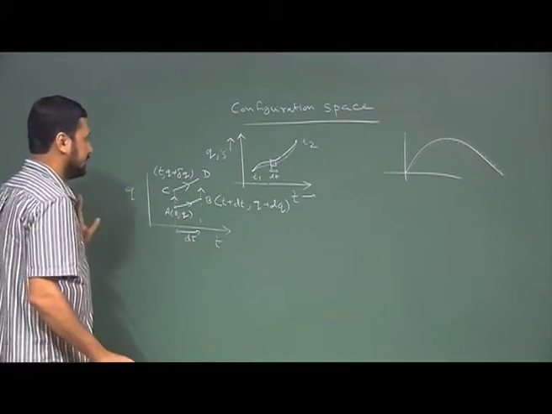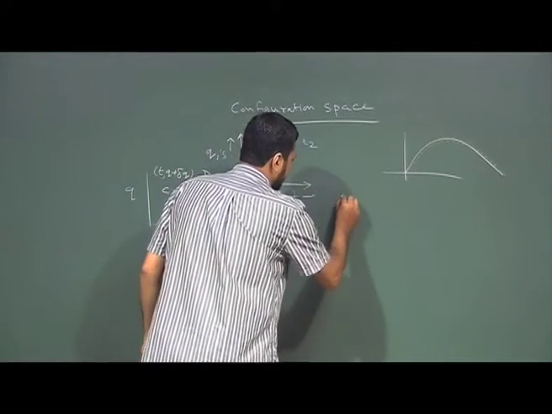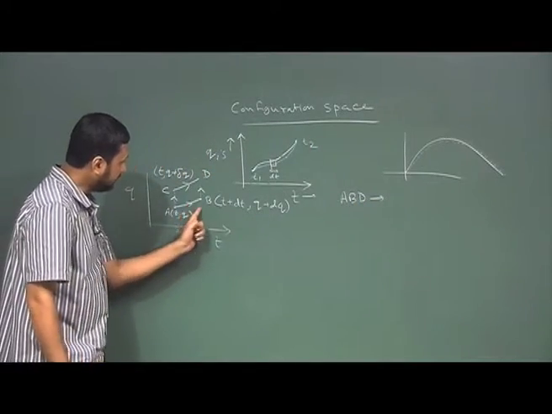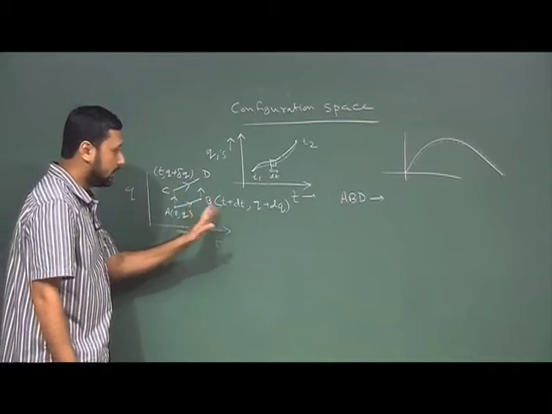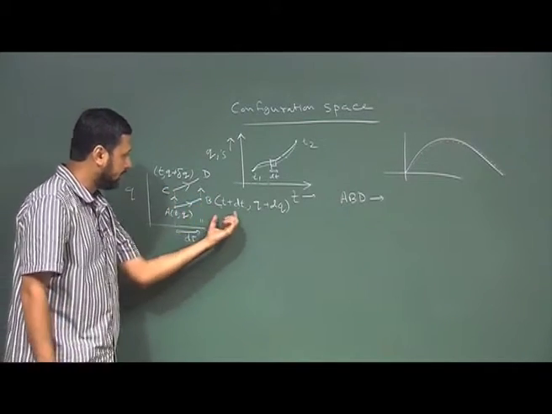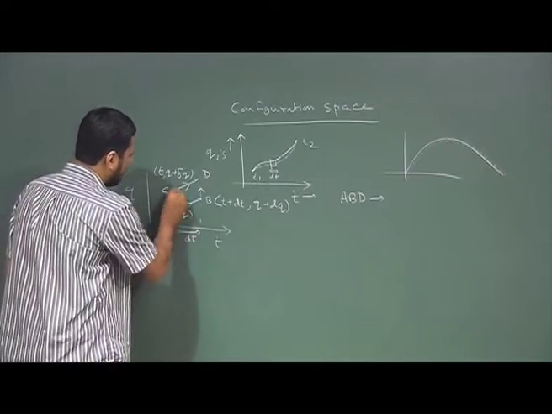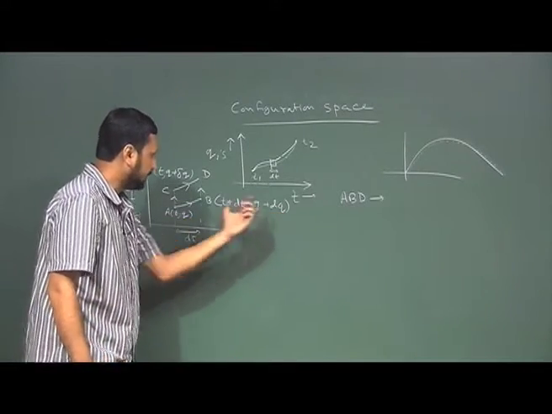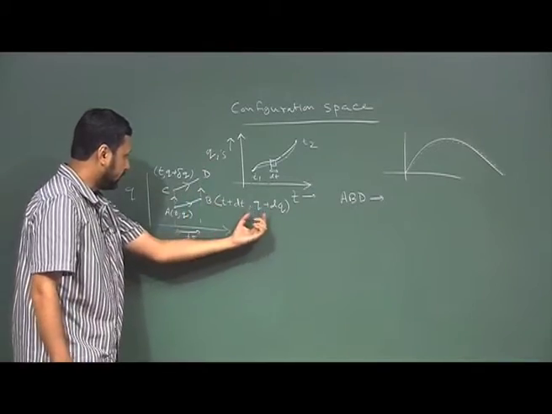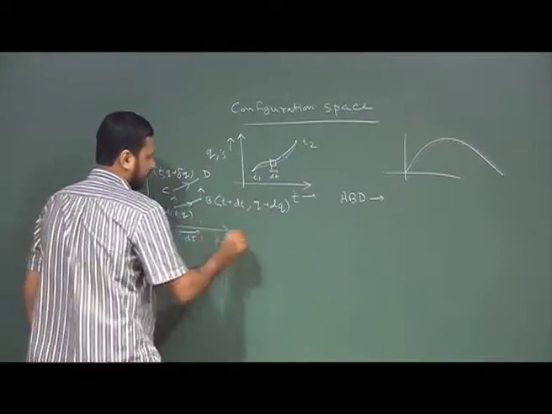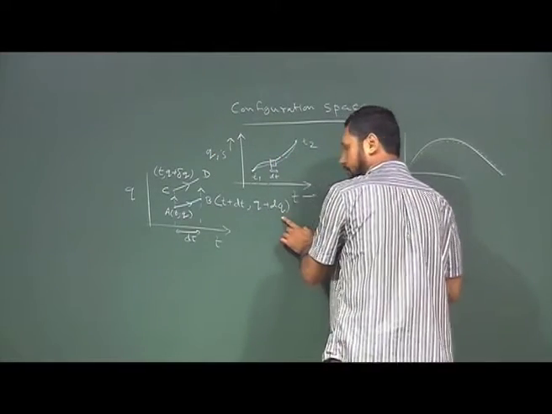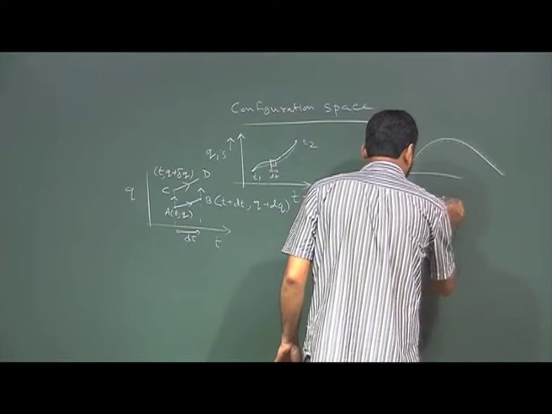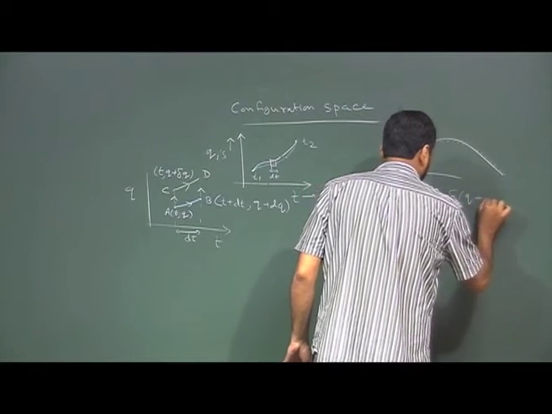If we go A, B, D, the coordinate of D will be, again B to D is another virtual displacement. So, forget about the time part, time will be the same. Whether I go this way or that way, time will be t plus dt. There is no doubt about it, only the spatial part I am interested in. For ABD, the q coordinate will be q plus dq, plus delta of q plus dq.